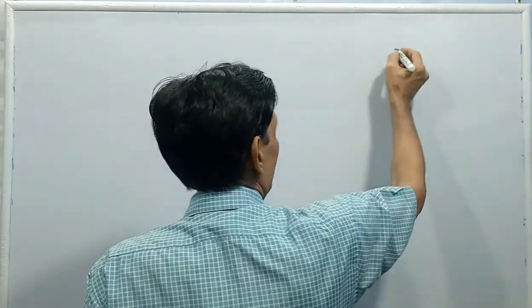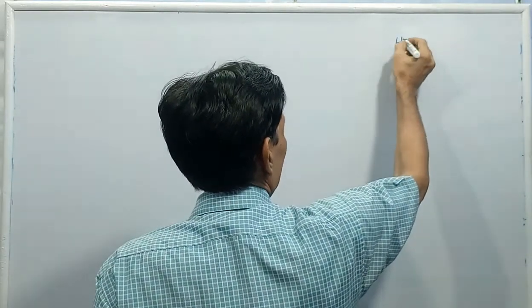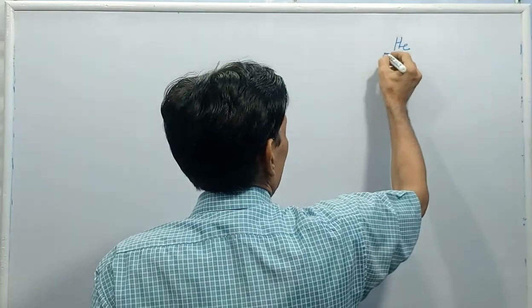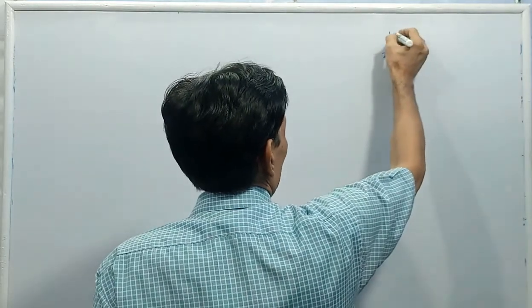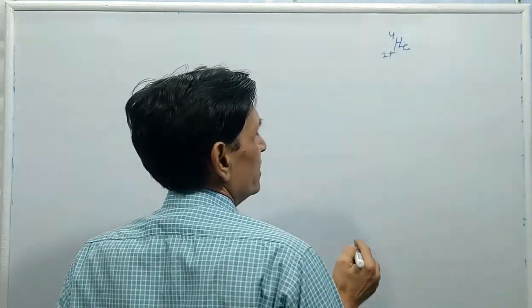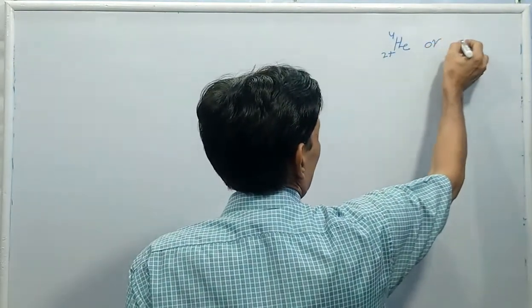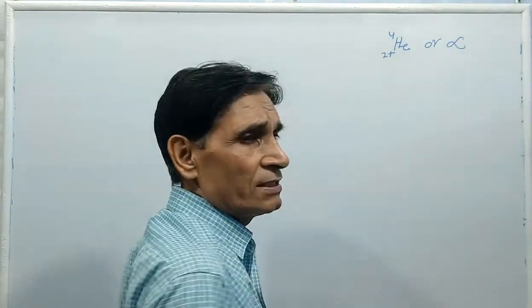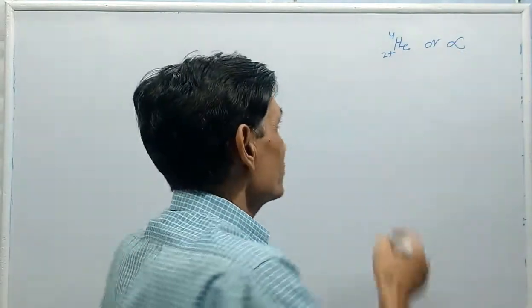What is an alpha particle? Alpha is represented by helium, charge is 2 plus, positive 2 unit charge, and mass is 4 units, represented by He. These are also represented by alpha. Second point,